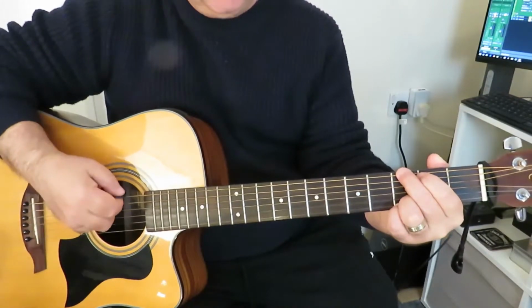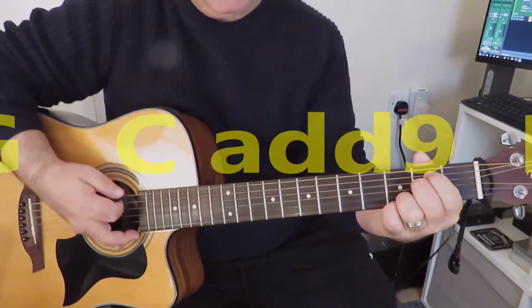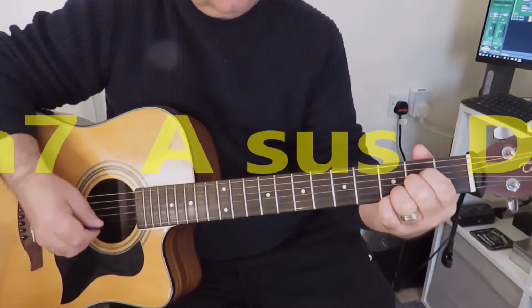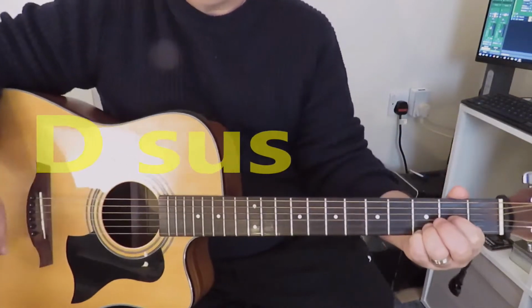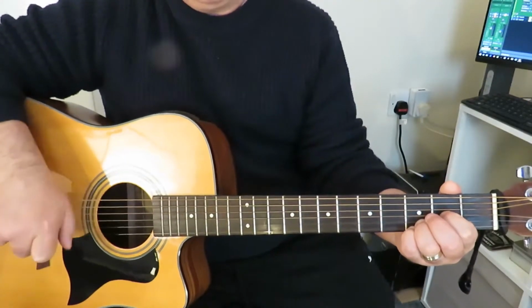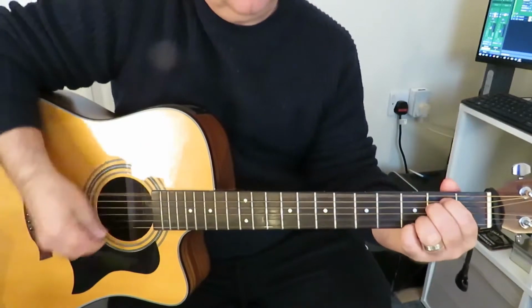But those chords, you can combine them. So we've got G, C add 9, E minor 7, A sus, and D sus. And you can play literally hundreds and hundreds of songs using these chords. So this strumming pattern is just